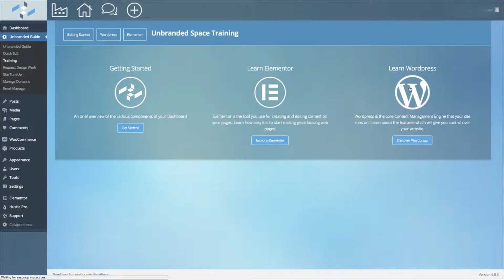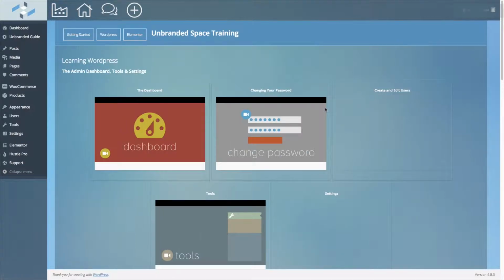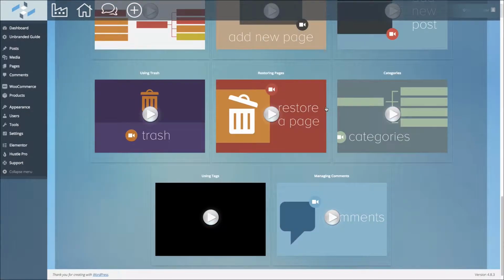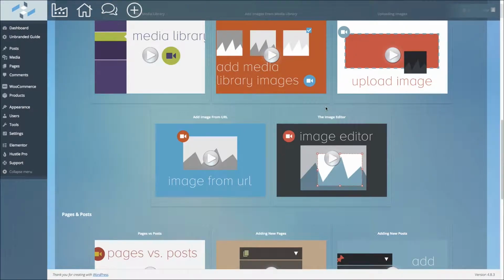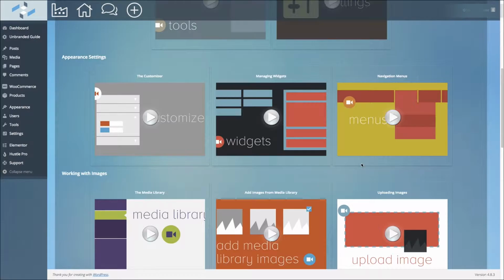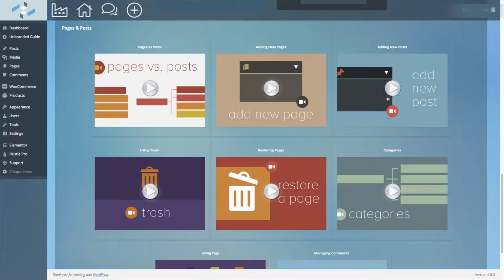The WordPress videos will give you an overview of WordPress itself. These videos, there's a number of them here. They cover various aspects of WordPress, but really you probably won't need to watch most of them. If you are working with images, you're going to be adding images to your website, it's perhaps worth watching the media library video and maybe some of these other ones. Otherwise, if you're running a blog, we would recommend watching the pages versus posts video and perhaps adding new posts